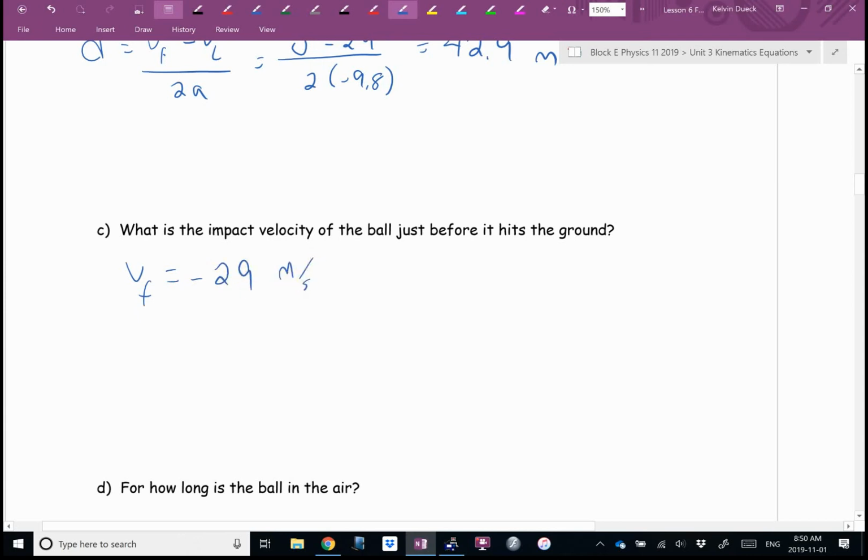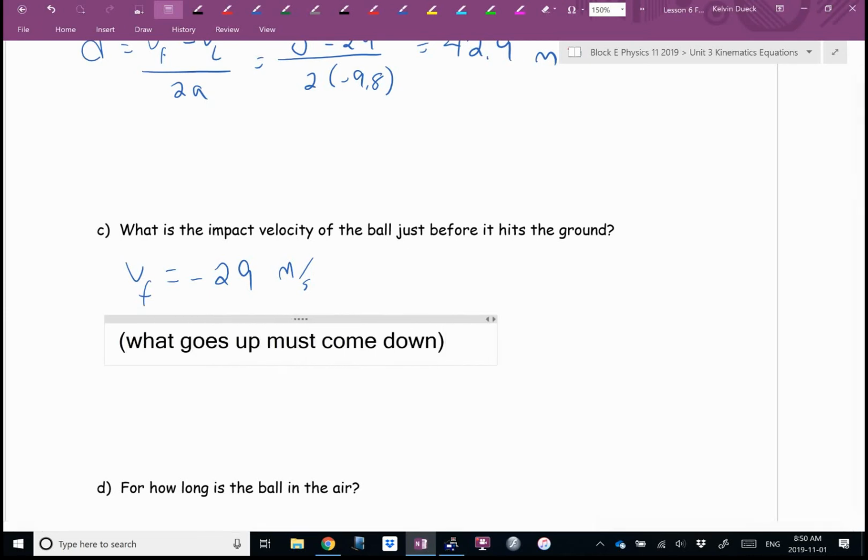And I don't need to do any physics. I just need to realize that what goes up must come down. If I'm starting and ending on the same height, this doesn't work from a cliff, but if I'm starting and ending on the ground, whatever speed it leaves, it's going to hit the ground with that speed again. So if you want to, you can make a little note, what goes up must come down. You can actually calculate it and you can prove it. And if you're bored, hit me up and I can walk you through it.